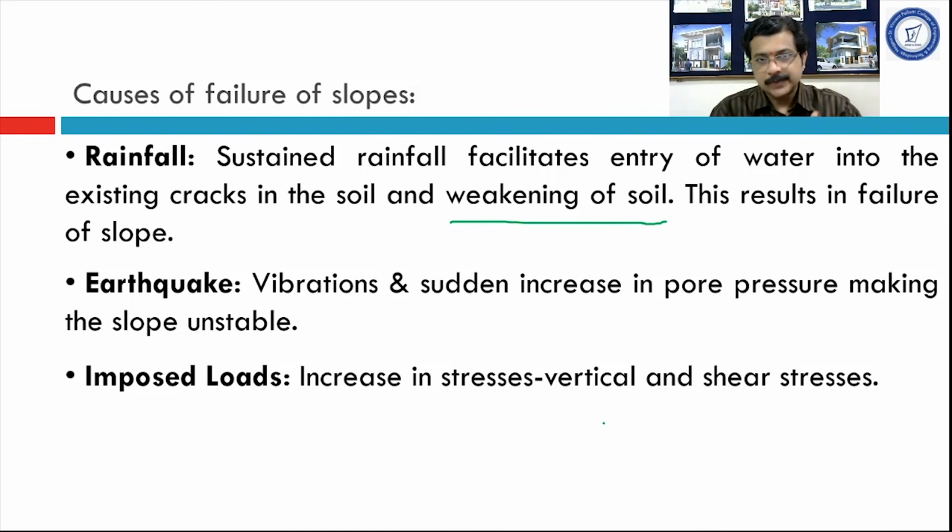Once that load is transferred to the soil, the parameters like tangential stress and normal stress would experience an increase in their magnitude, and once this shear stress or tangential stress crosses the shear strength, the soil will fail. In this way imposed loads are responsible for the failure of the slope. All right,